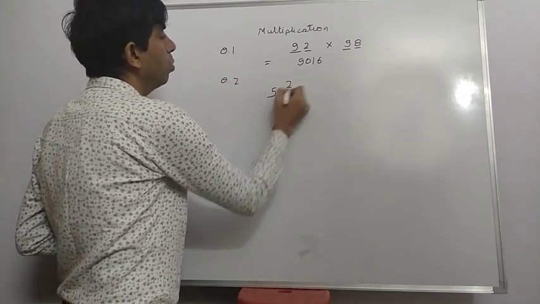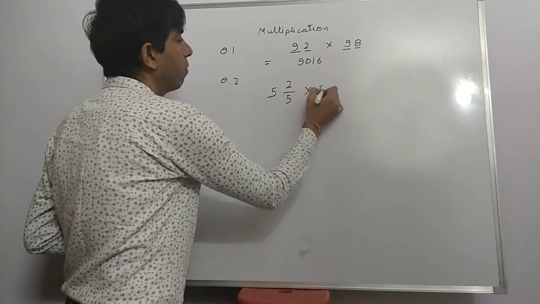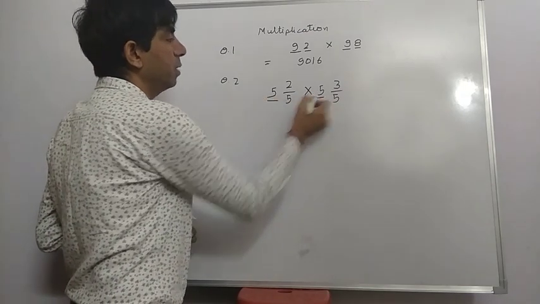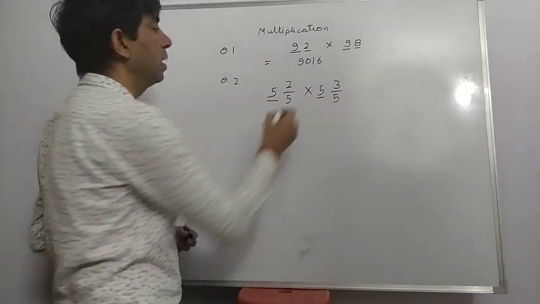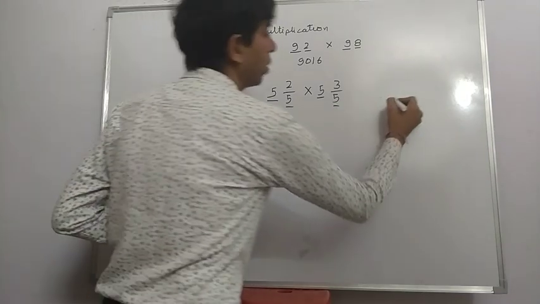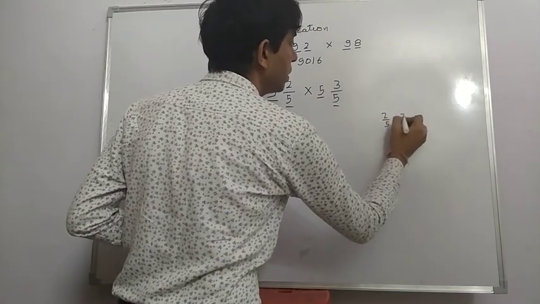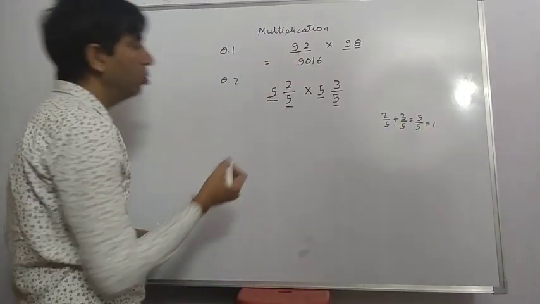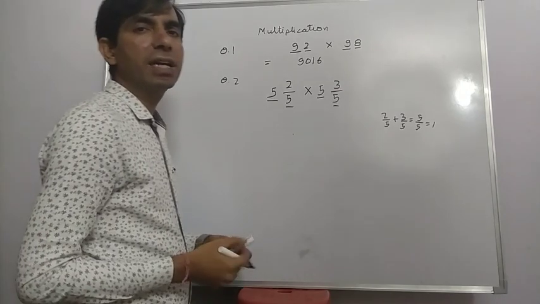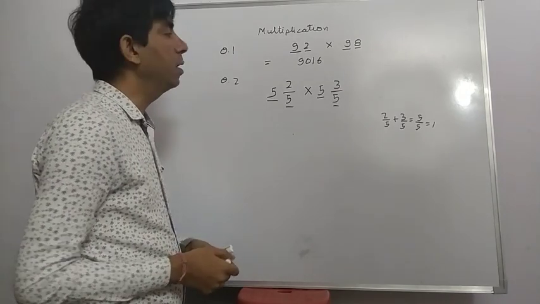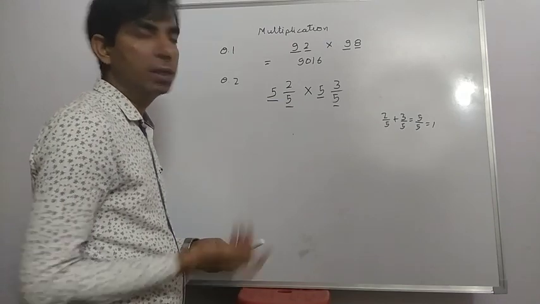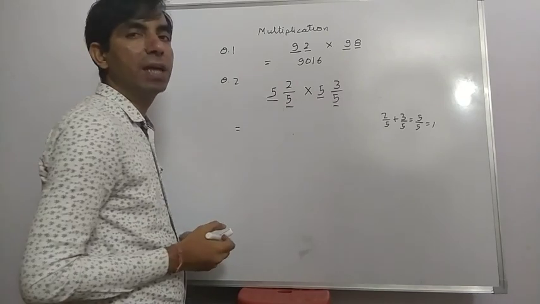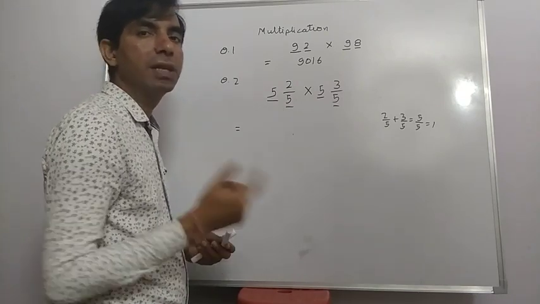5 2/5 multiplied by 5 3/5. Here the first part, 5, is the same, and the sum of the different parts is a place value 1, because 2/5 plus 3/5 equals 5/5, which is 1. Another method is to check it by the denominator: the denominators are the same and the sum of the numerators is also the denominator. Then the sum is a place value. Let's multiply: the first part is multiplied by the next number.